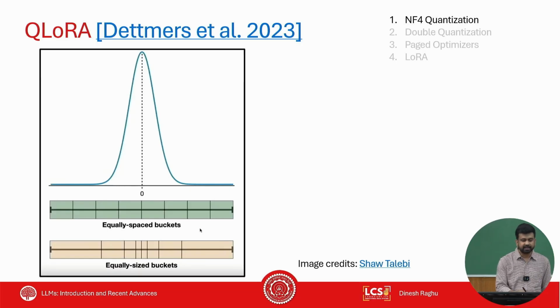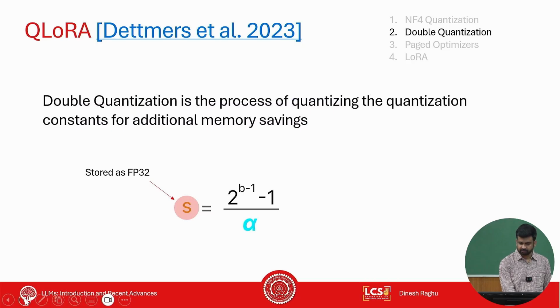But if you make another assumption, that most of your weights are going to come from a normal distribution, then this is not an effective way of leveraging quantization, right? So for this, rather than using equally spaced buckets, now that you know the data distribution and it is not uniform, you can get equally sized buckets by assuming that this is a Gaussian normal distribution, right? So this is, in simple terms, what NormalFloat quantization is.